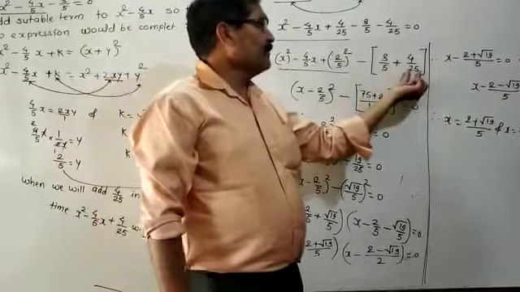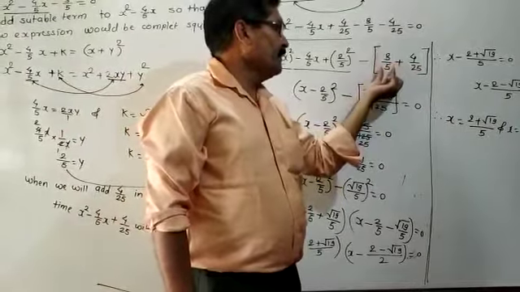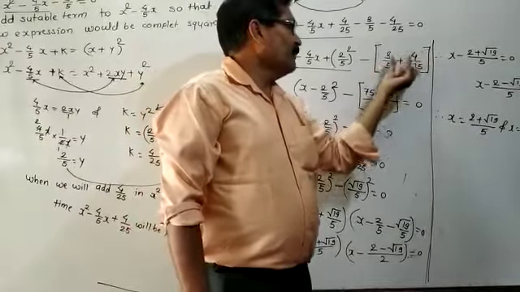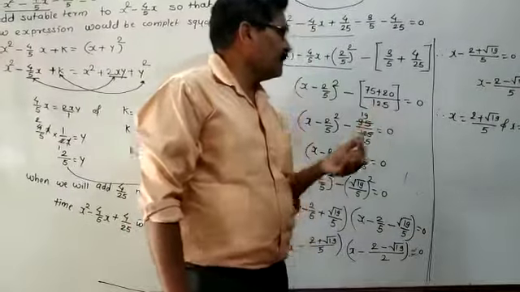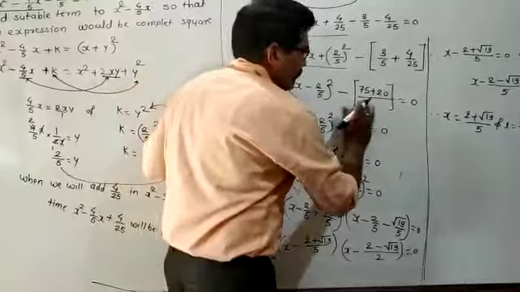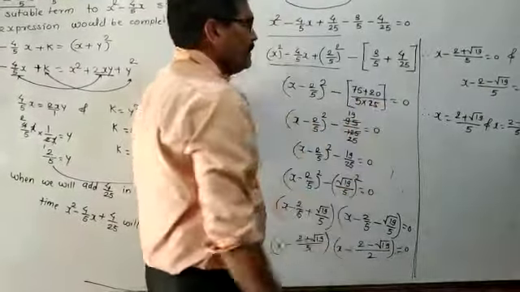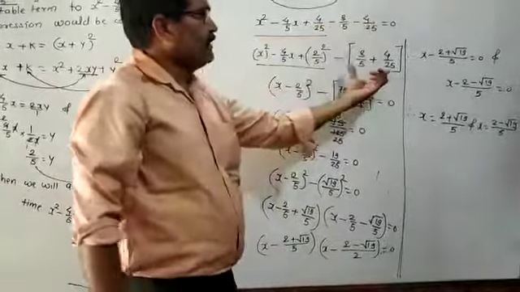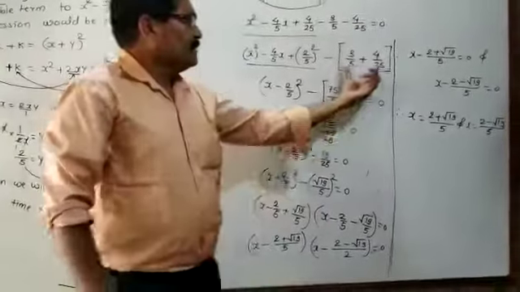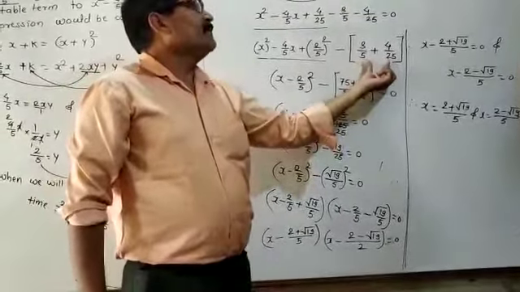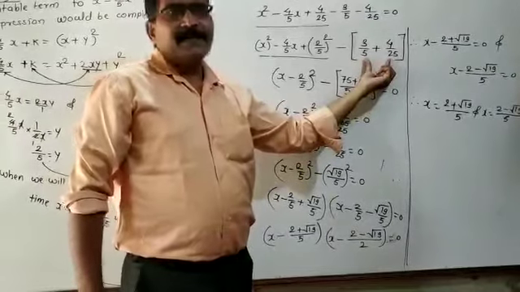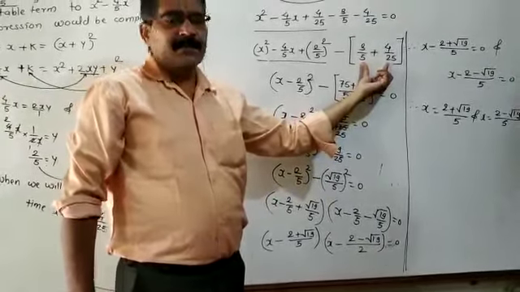Here you have to do the cross multiplication. 25 multiplied by 3, 5 multiplied by 4, and 5 multiplied by 25 here. I will write like this, 5 multiplied by 25. Means you have to do the multiplication. Here you have to do the cross multiplication because you have to add these two terms, and if the denominator is not the same, at that time the cross multiplication is the best alternative.